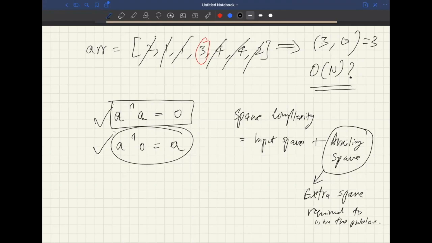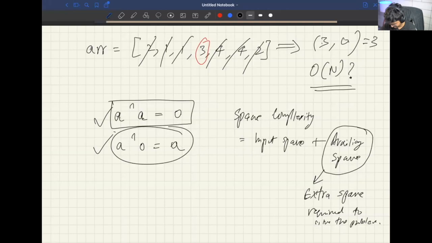But I still don't understand how it is O of n, because if I were to XOR 2 with 1, that wouldn't give me 0. The thing is, we're talking about the time complexity here. So we're talking about how many steps are being taken. In this case, only n steps are being taken, right? We're not running any multiple nested for loops or anything. Just one single iteration of the loop. That's it. Only traversing the array once, not doing anything else.